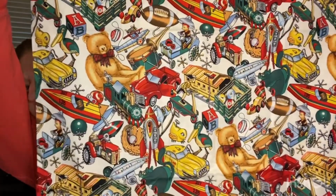All right, last piece of fabric. Oh my goodness. It's like an I Spy pattern. Look how cute that is. Oh my goodness. This is like perfect for making a pillow for a kid's room. Let me know what your favorite fabric was in the comments down below, and what you would like to see me make with them. Oh, and then